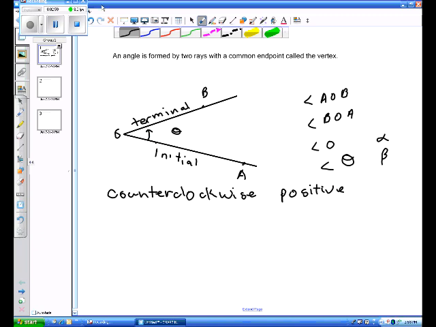If our angle rotates clockwise, then we will refer to it as a negative angle. And all that this means is which direction it's rotating. It's just telling, the same as with our numbers. Numbers to the right of 0 we call positive. Numbers to the left of 0 we call negative. So if I drew an angle,